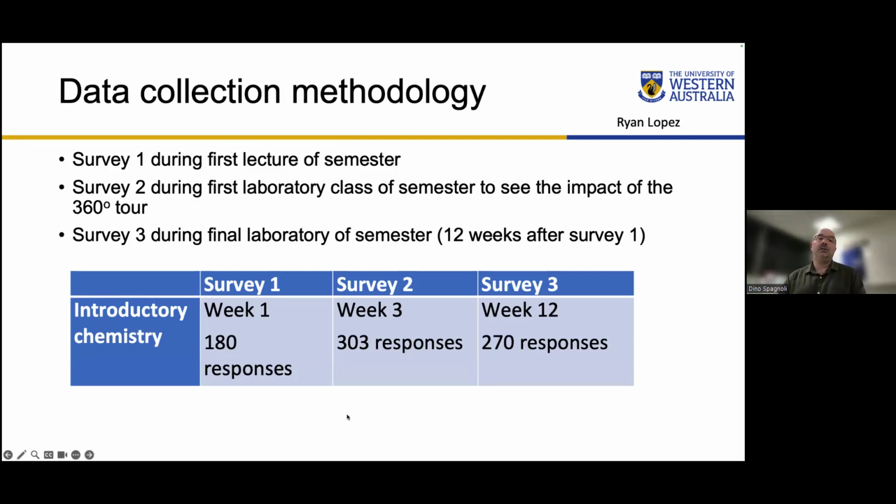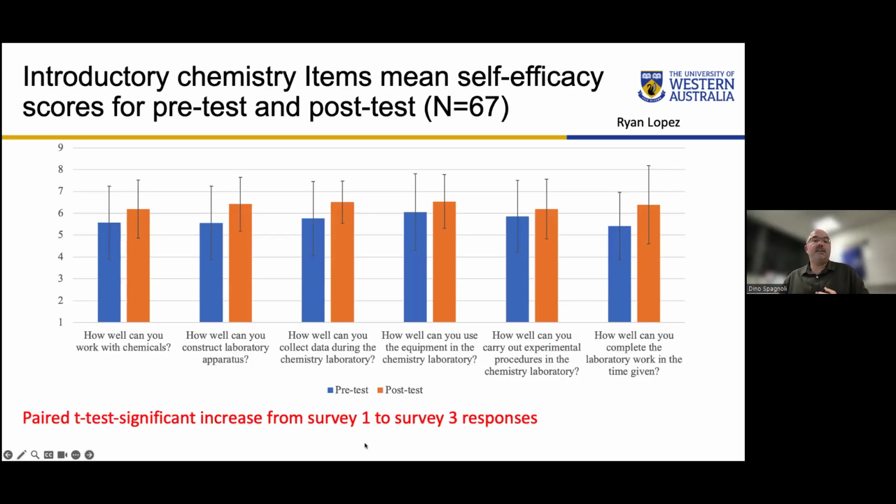We did a data collection over 3 different time periods in a semester. For our intro chem students, we did a survey in the very first lecture. We did the survey at the start of their lab class, once they had a time to do their 360 lab tour, and at the very end of semester, 12 weeks after they've done the first one. So the good news for us is that between the start of the semester and the end of semester, simply by completing the laboratory, they felt